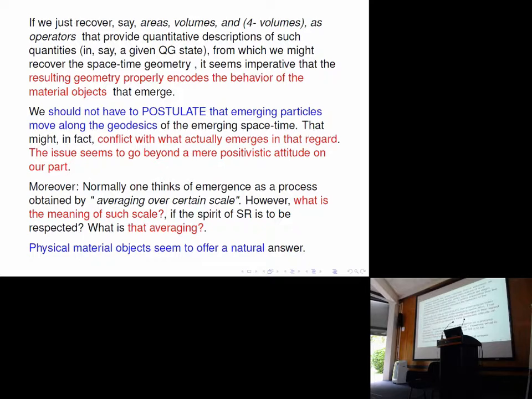In other words, what I'm trying to say here is that if we find a method to start from a quantum gravity theory and describe the emergence of things like areas, volumes, four-volumes, and things of that sort,